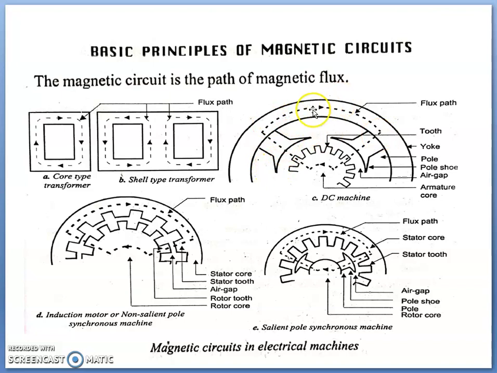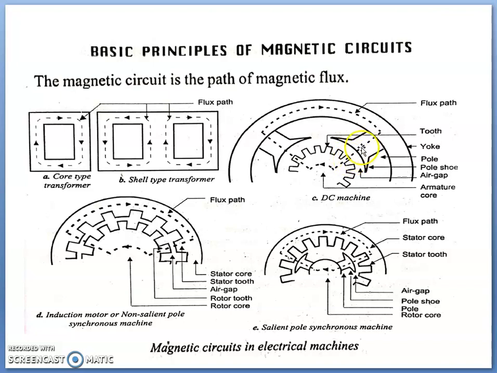So this magnetic circuit will take a path through the core, and it will complete its path through the air gap. Actually, the flux will flow through the core, then cross the air gap, and we will assume that it is entering the armature. Armature is a cylindrical structure, and it will have slots at the outer periphery. This portion is the tooth portion, and this is the slot portion. In the slot there is an air gap, but in the tooth it is an iron portion.